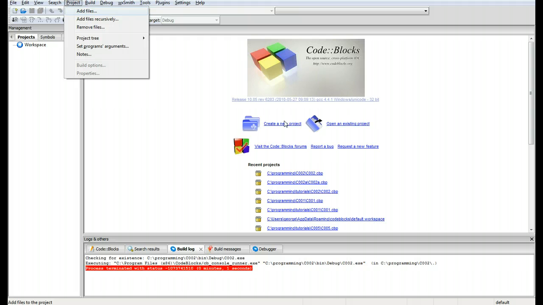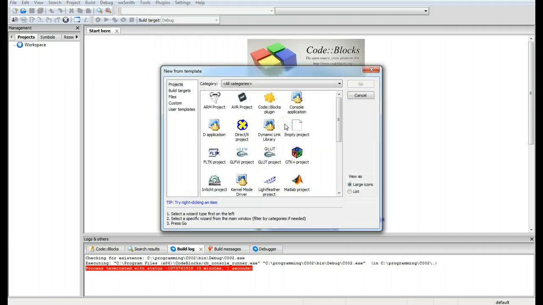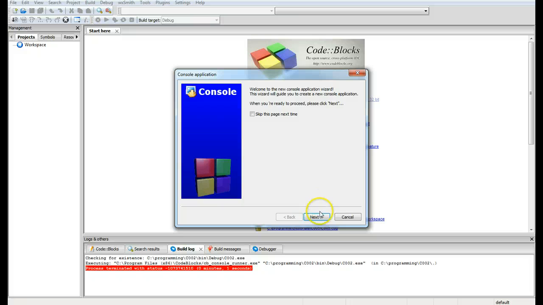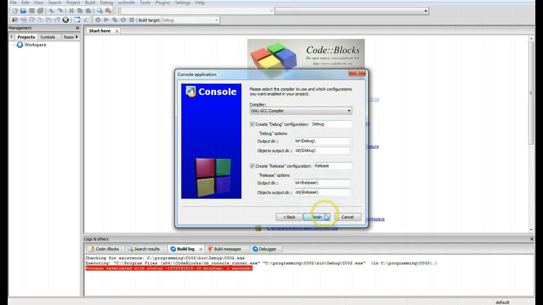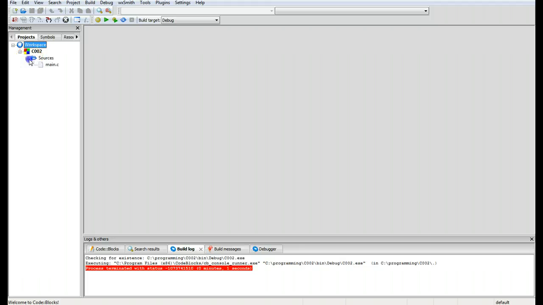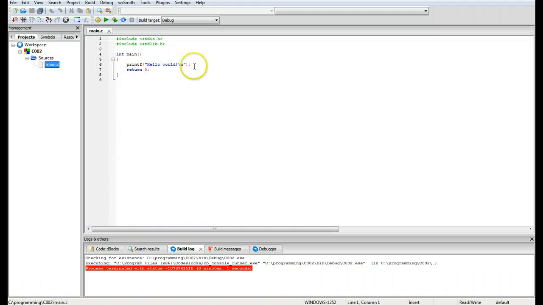We'll be starting with variables part 1 today, and this is console applications. We're going to create a C program. I'm going to label mine C002 and finish. I'm going to open up main.c, remove the printf, and I'll start by creating a variable char A,